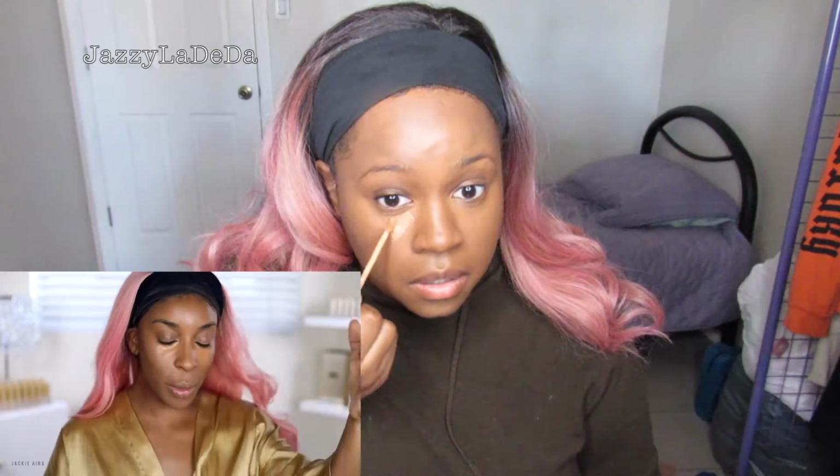Let it dry a little bit. Let it dry. I know there's a method to a madness, but trust me, you get more coverage. When you just go right in and attack when the concealer is still wet, you didn't even give it a chance to lay its primer. You didn't give it a chance to